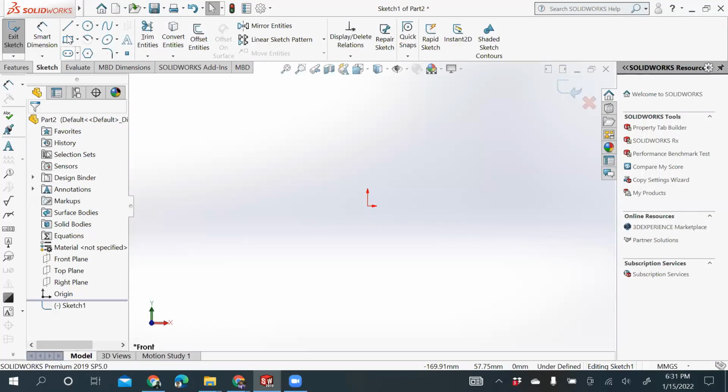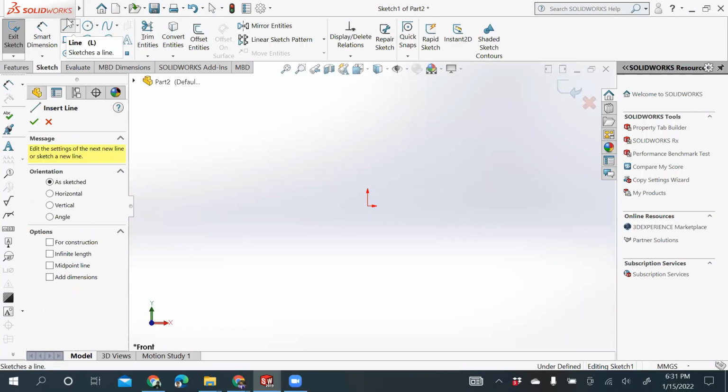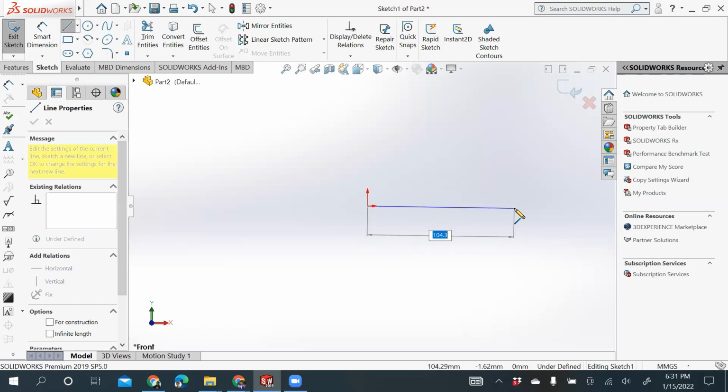To start with sketching, we'll select this line tool and select the origin as the point to start the sketch. I want a horizontal line which is parallel to my x-axis to start with. So I'll be drawing a line which is horizontal, and this horizontal line now has